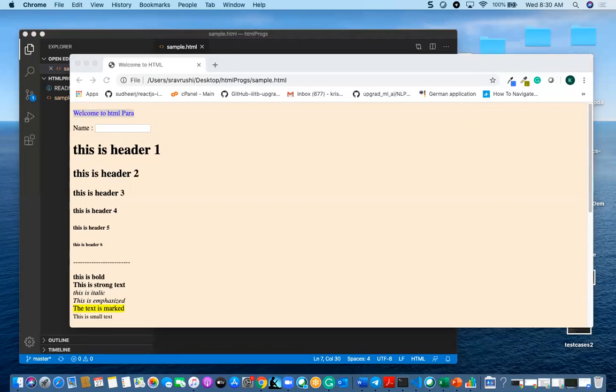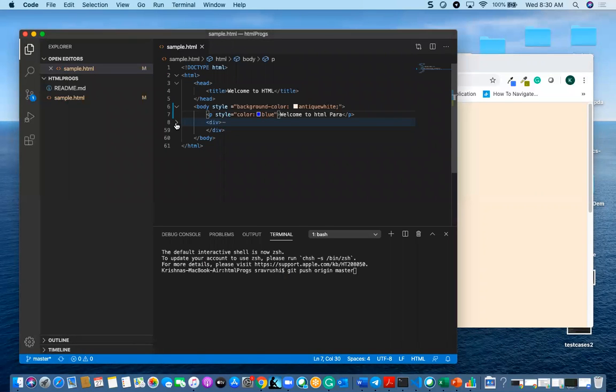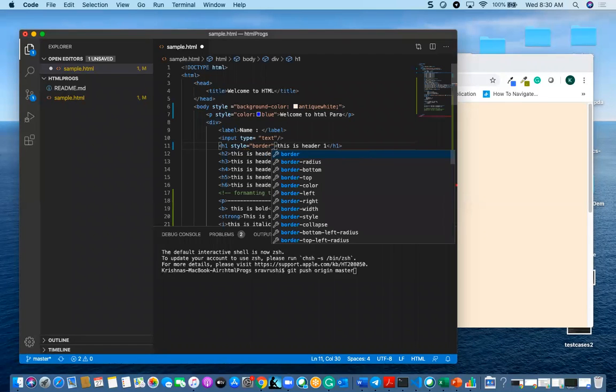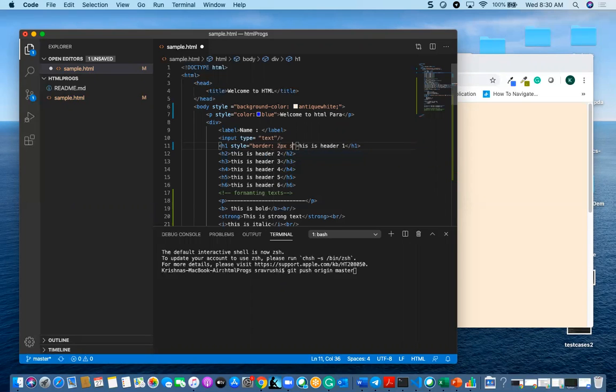One more thing is borders, border kind of styles. Let us think I have one h1 header, and I am expecting it to have some border. I can give a style here: border colon 2 pixel, solid, tomato.